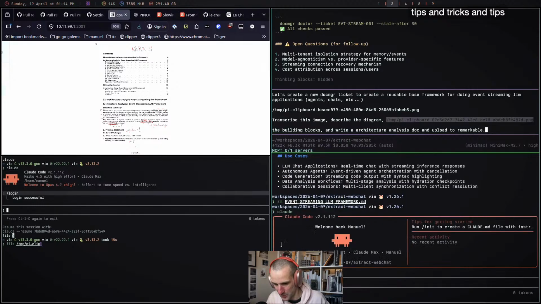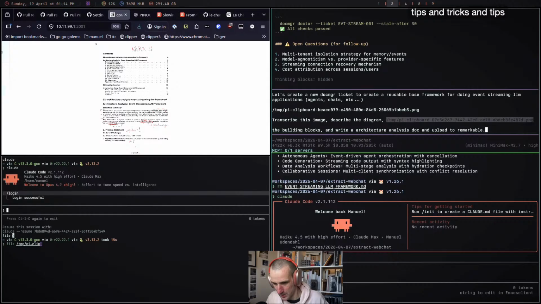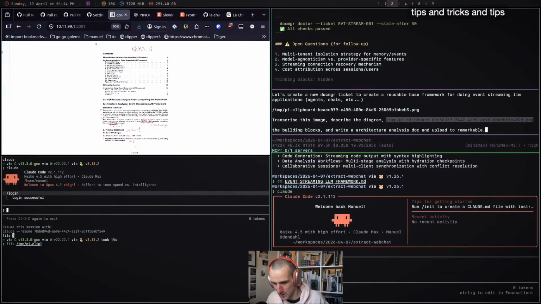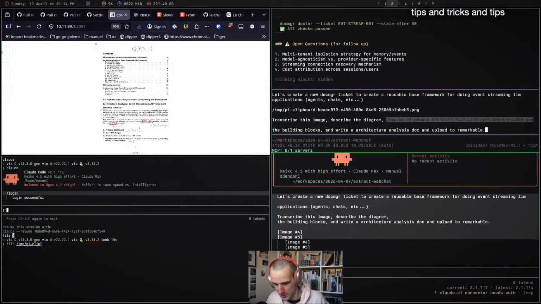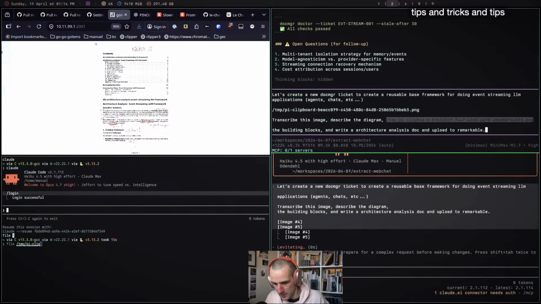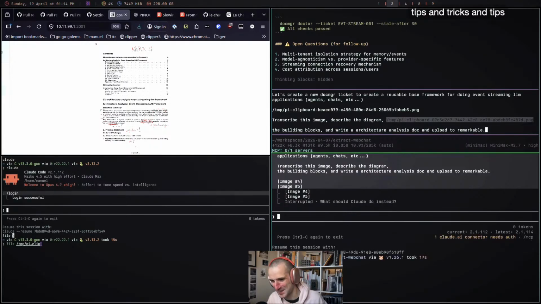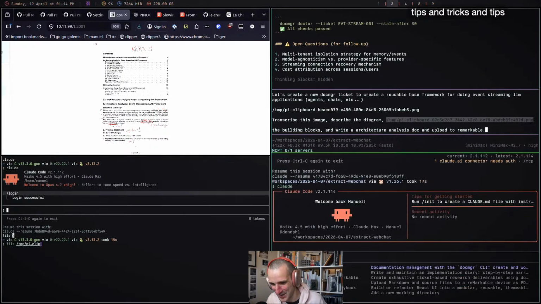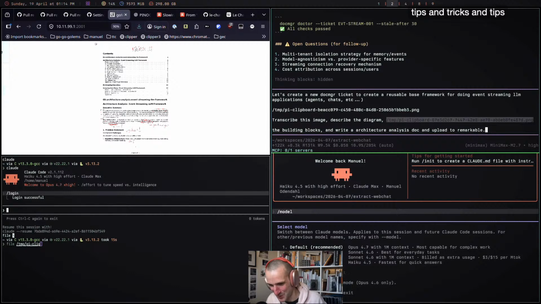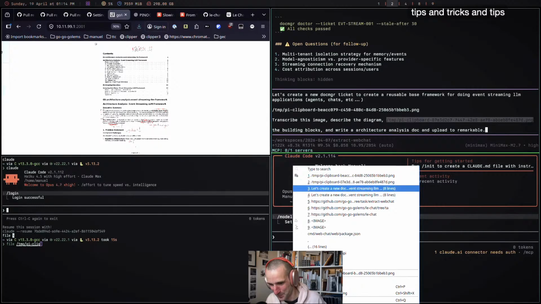Let me do the same with Sonnet. Shit. Oh my god, you cannot. I hate Claude Code so much because it just behaves so weirdly from a UI perspective, which always irritates me.